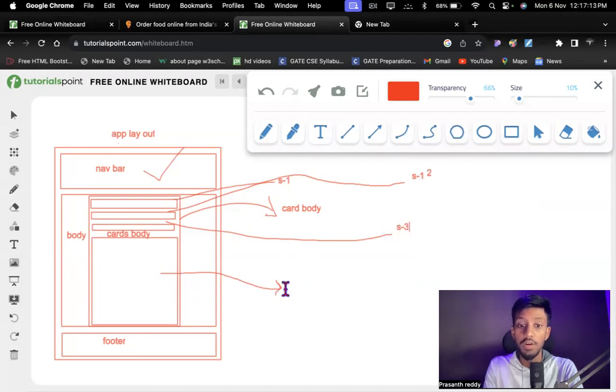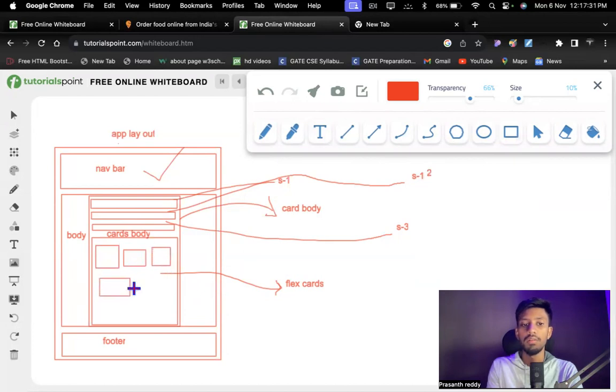And this is what we call flex chord. Inside this chord flex, what we have again? We have chords.